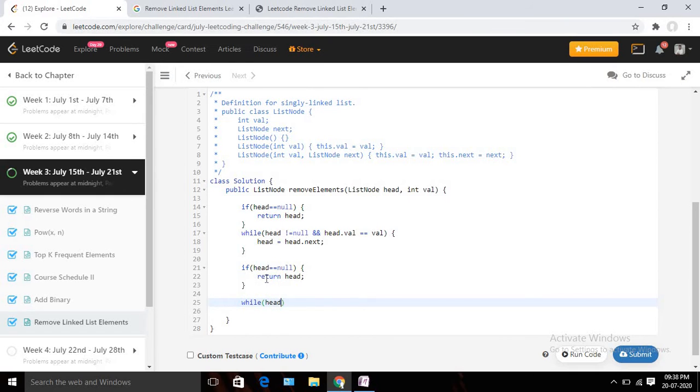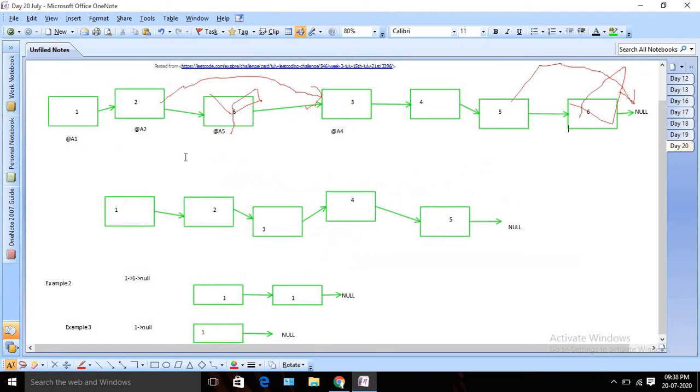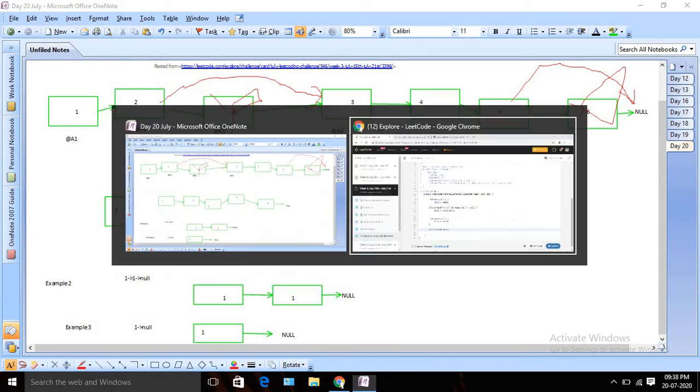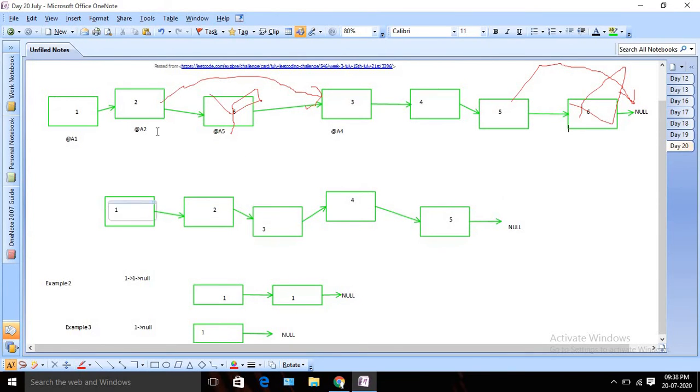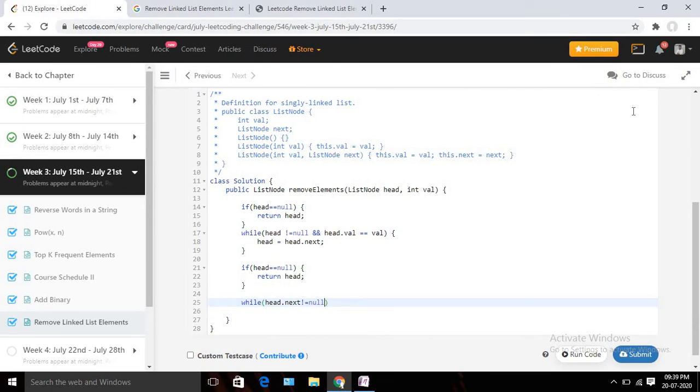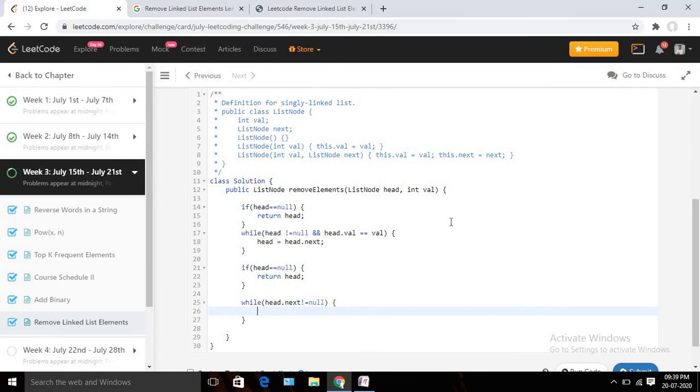So how will it work? Suppose I am here, right? I am going to check whether my next element is 6 or not. At first I need to iterate through the whole list, right? To iterate the whole list, I will always check whether my next is null or not. Suppose I am here, again I will say, okay, my next is null, then we need to stop iterating because that is the end of our linked list, right? So for that we are just checking this condition: it will run until head dot next is not a null value, right?